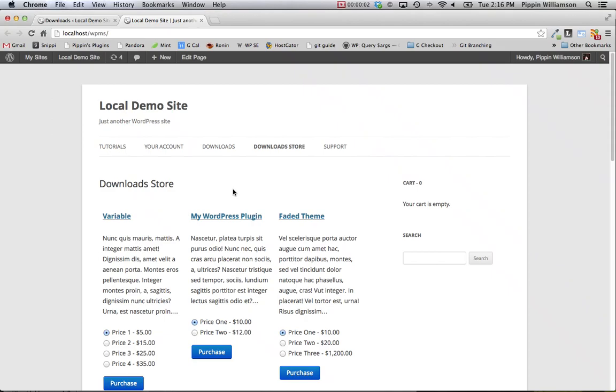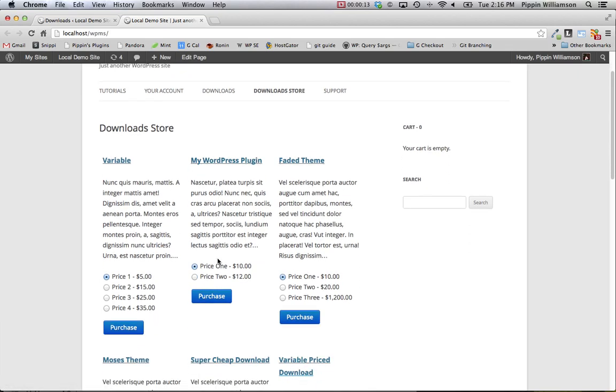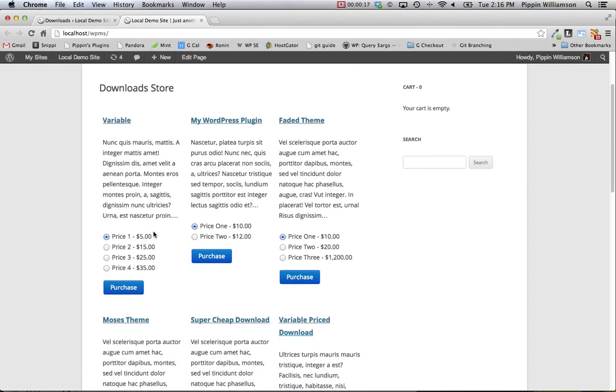Easy Digital Downloads has a templating system that makes it very easy for you to customize aspects of the plugin on the front end of your website. For example, if you want to customize the product page, which is created with the downloads shortcode, there are several template files that you can copy over to your theme folder to modify the way that these products appear in